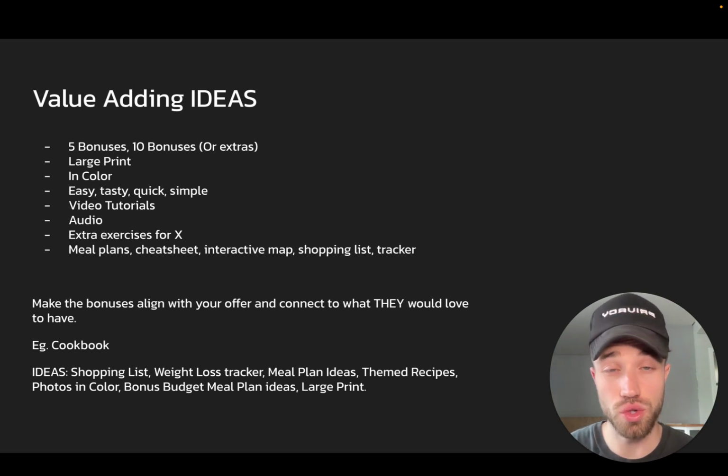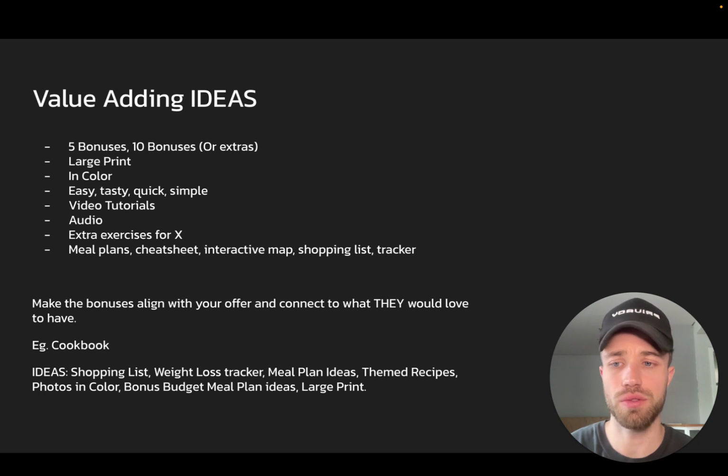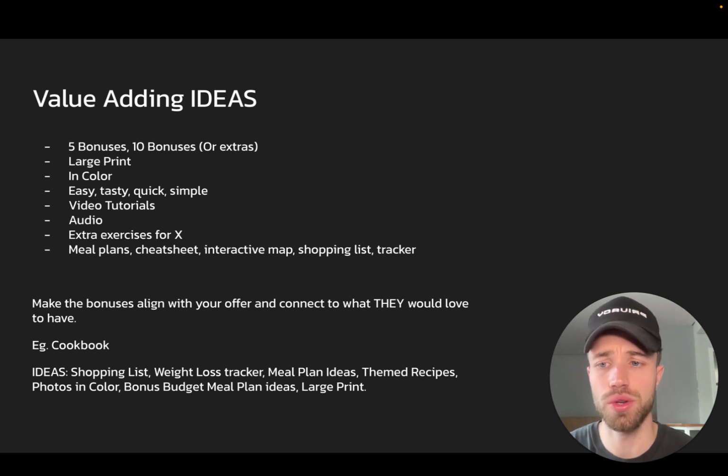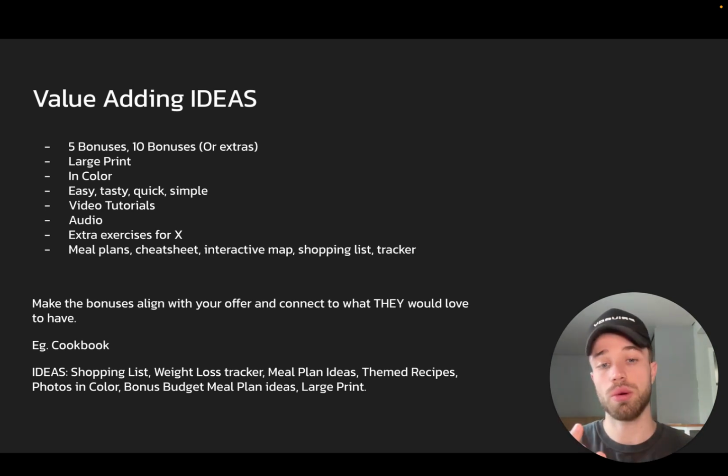Maybe adding in video tutorials into your book is going to create more of a reason to buy yours over the rest. Audio, right? Sometimes you can add in some audio bonuses or an audio format of the book where the customer will be like, okay, that's pretty good value. That's good that's included. Extra exercises for whatever it is, right? Obviously, this depends on the topic of your book, but you kind of get the idea, right? Another rattling off again in terms of ideas like meal plans, cheat sheets, an interactive map, shopping lists,